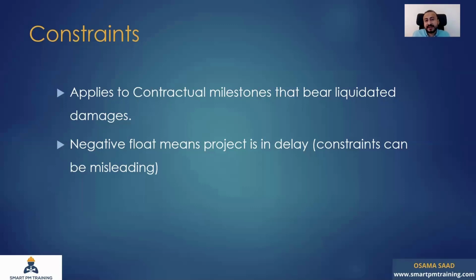Maybe it's not critical, because not every activity, as we have seen, is critical. But if you put a constraint on the delivery of tiles, Primavera will give you the alarm that the whole project is in delay and there is negative float. But this is not the case. So when you see negative float, the first thing you want to look at is: did I apply my constraint appropriately? The second thing you want to look at is